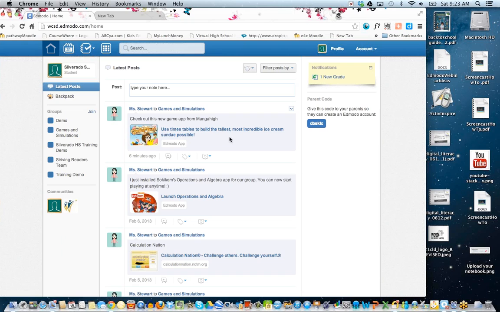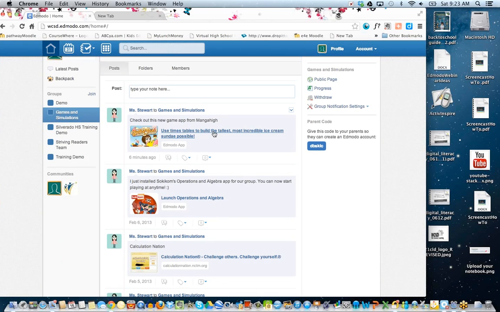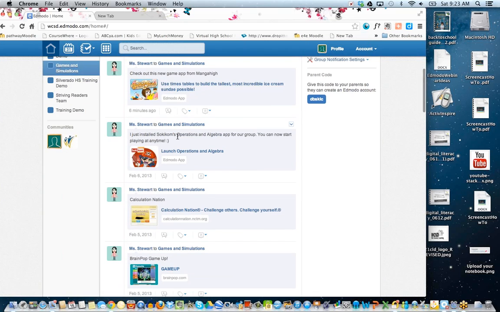So I'm a student and I log in. This student is a sample student that I created, and I did join the games and simulations group. So every time I add and install a new game or simulation and share it with that class, and in this case my class is the games and simulations group, you can see it posts something in there that says, I just installed Operations and Algebra app.